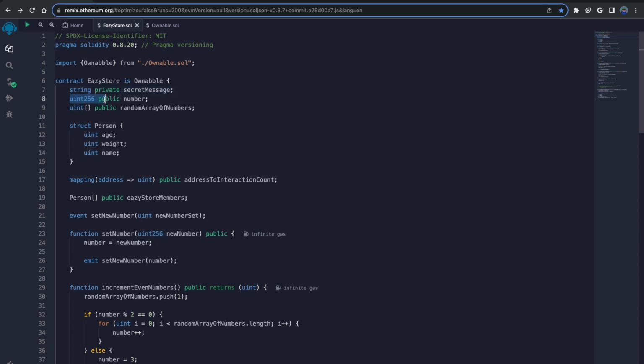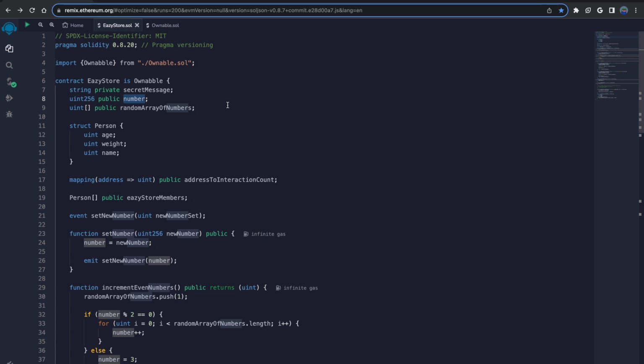We have uint256. So when we're describing a number or initializing a number, we use uint256 or uint. You can just use uint, or you can use uint8, uint32. So basically, for those of you who understand what's happening here, it's just saying that you have 256 bits that you're going to be able to store in this variable.